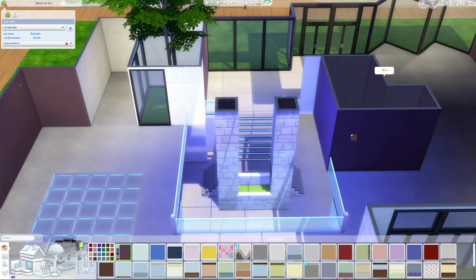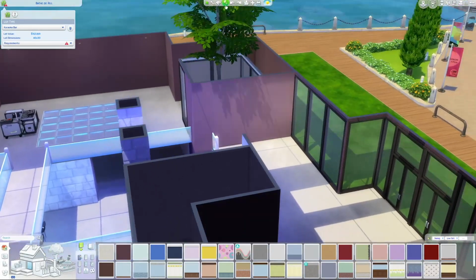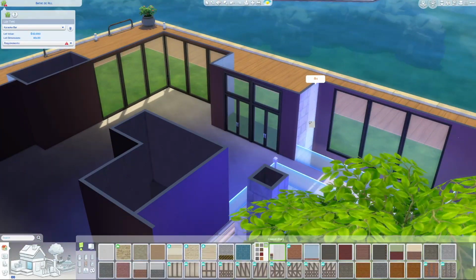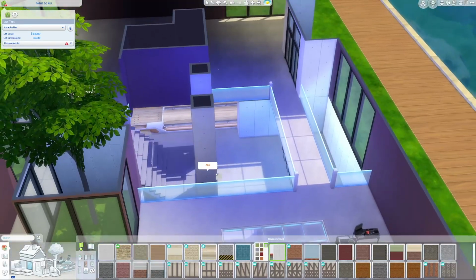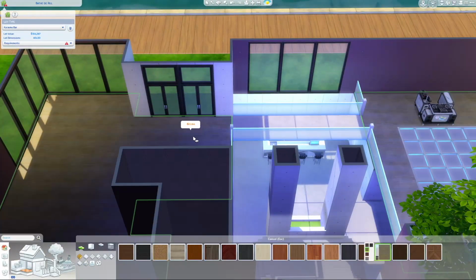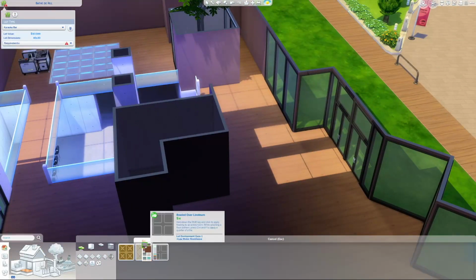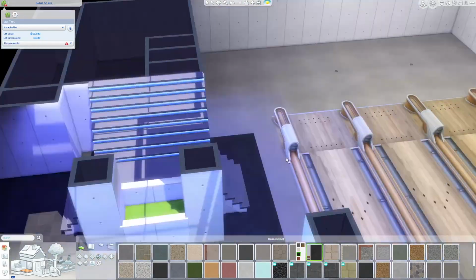The bar is not from Party Essentials. I believe that is a Get Together bar, if I remember correctly. If not, City Living. But it's definitely not from Party Essentials. But the lights above the bar are from Party Essentials, and they are just so cool. They are perfect for above a bar or a dining room table. And then as we progress through the build, you'll see me use more of the Party Essentials kit,